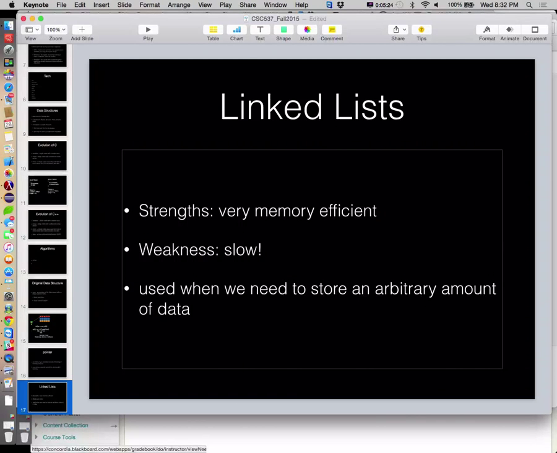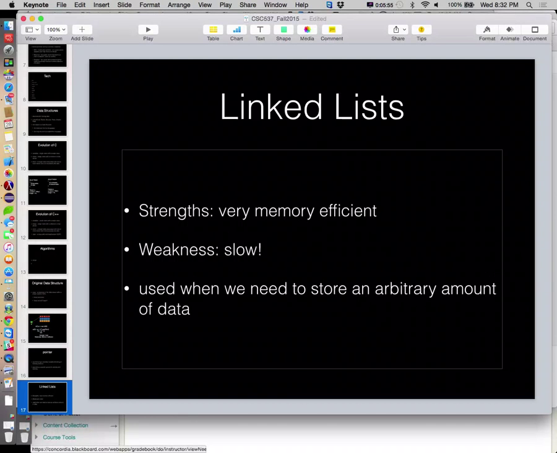If we know the exact amount of stuff we need to store, we're going to buy an array. If we know we're going to need to store a potentially growing number of things, but we have no idea how big it's going to get, we use a linked list. That's probably the simplest way for us to look at it through today's lens. We want to appreciate that memory used to be a big deal. We used to maybe make decisions towards linked lists because we didn't run out of system memory. But that's not an issue now.